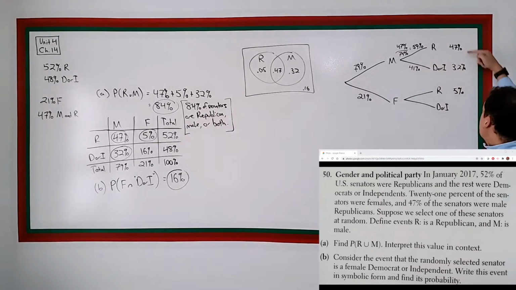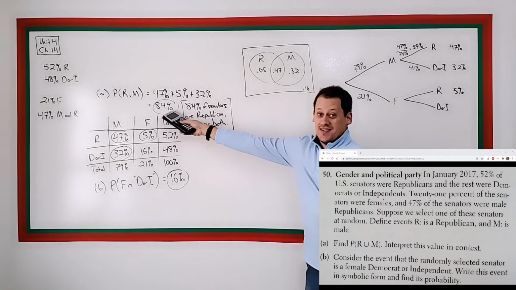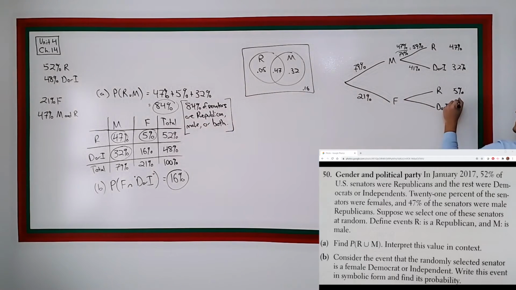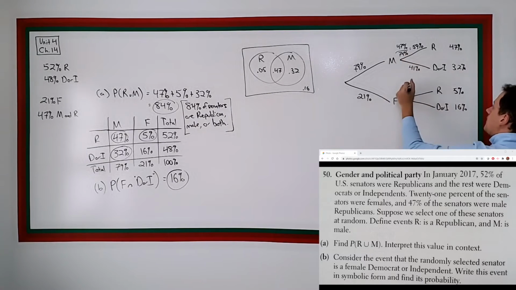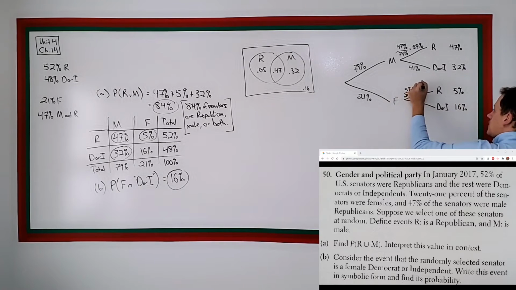You can then use these three, add them up, subtract from 1 to get this one. So that's 47 plus 32 plus 5. That's the 84% that is going to be this. This is the other 16%. And then you would do the whole division deal again here. So this is 5% over 21%. 5 divided by 21. That's 24%. And this is